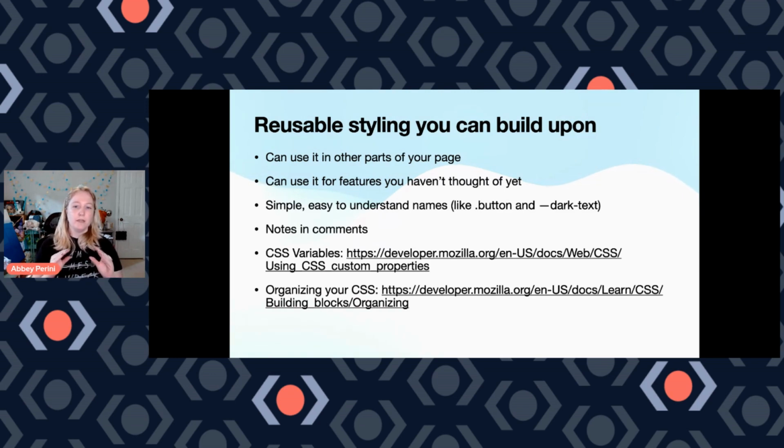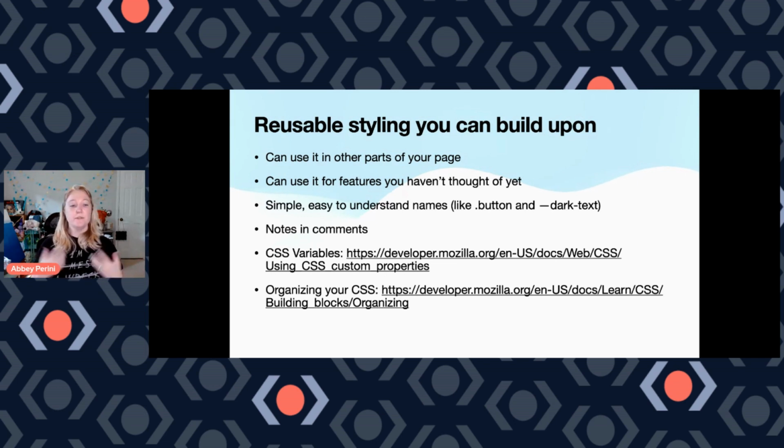And within each of those, I'm going to have variables like for my darker text color, I'm going to name that dark text. I'm going to have classes for my buttons. I'm going to name that button. Like I want to be able to come back and read it immediately without having to think about it. I will take those notes that I made on contrast and put them in my CSS file right next to where I'm defining my color variables.